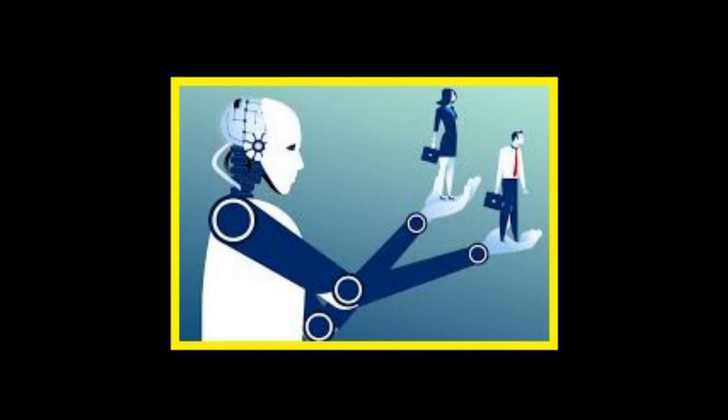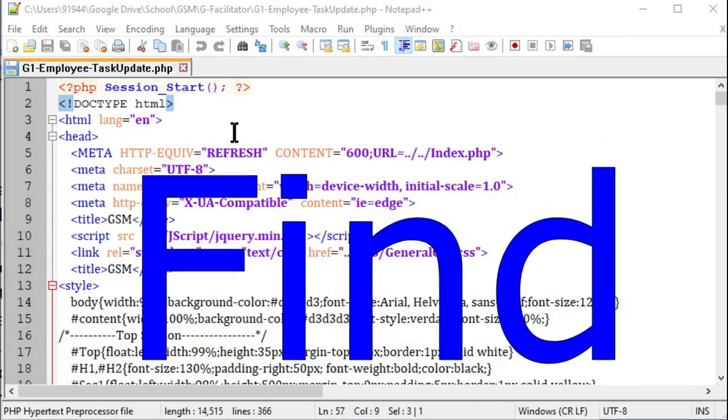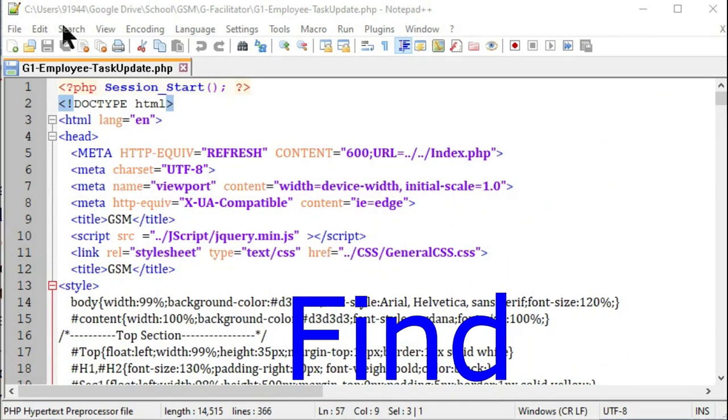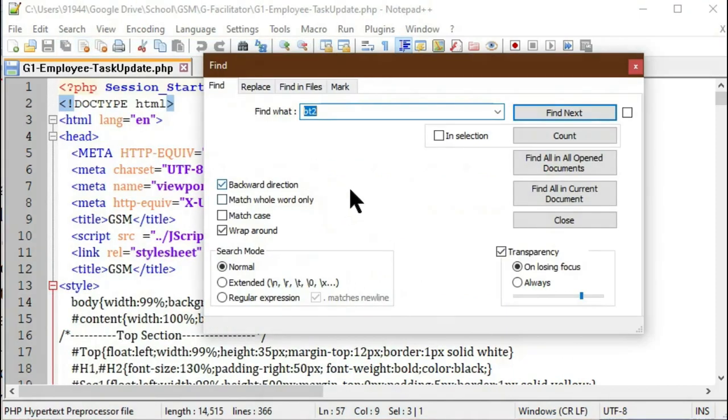with our desired different value. But in Notepad++ they have given dynamic find and replace commands which will search the word from the current file, opened files, or from any folders. Notepad++ has a separate dialog box for the find and replace method. To access the find dialog box, you have to go to Search and click the Find button.